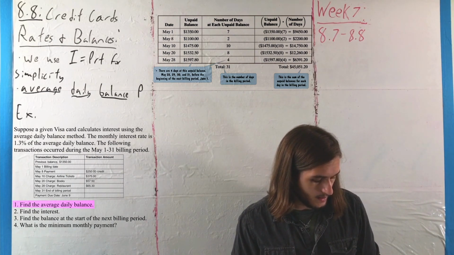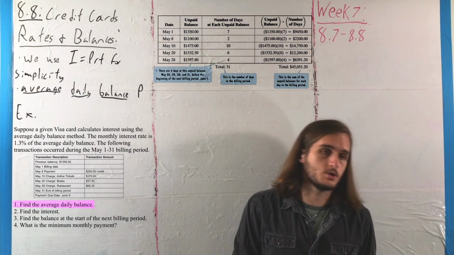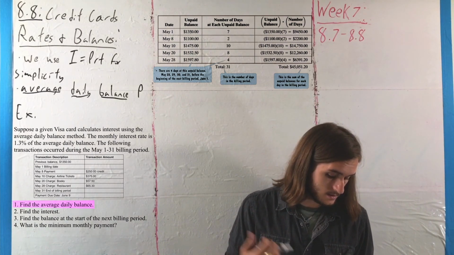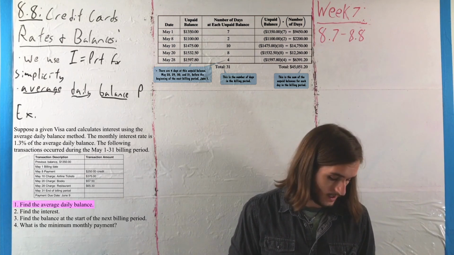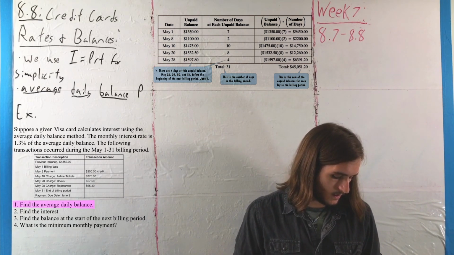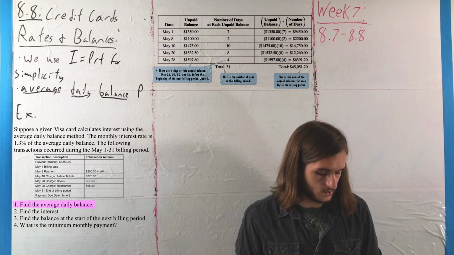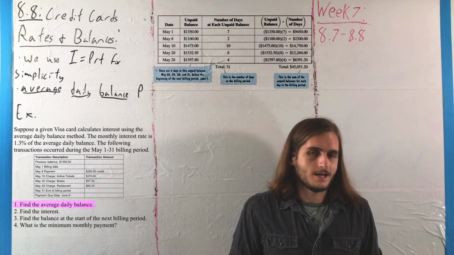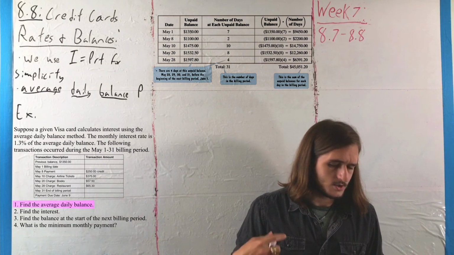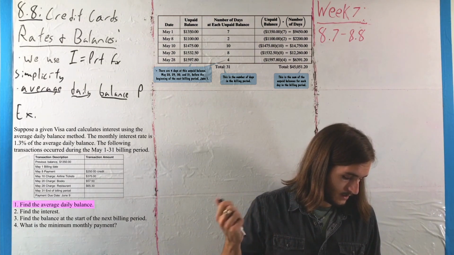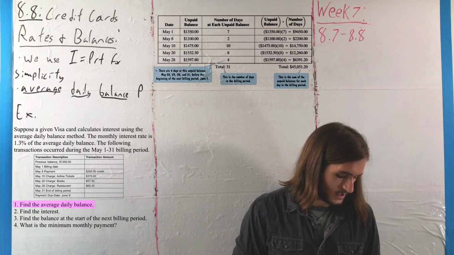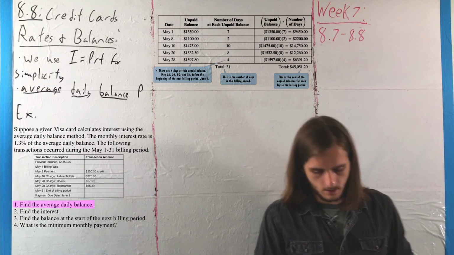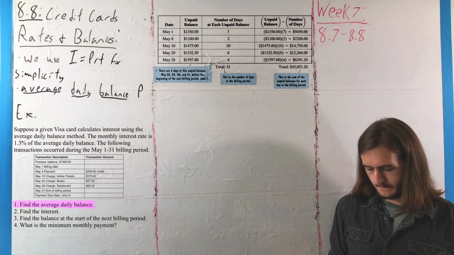Then on May 8th, we put in that $250 to pay it down, and it stays at $1,100 for 2 more days. So we have that $2,200 there. Then on the 10th, you make that $375 charge, and it stays there for 10 days, followed by the one on the 20th, which stayed for 8 more days, and then finally the last 4 days were followed after the charge of